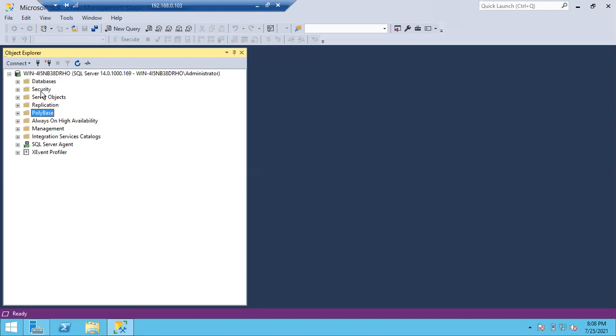By default, they will come. You cannot remove any of these objects; there is no remove or delete option here. Automatically they come along with the instance. Now if you want to write some queries or create something in Management Studio, whatever you want to do, you can do it either by using a GUI option, graphical user interface, or by using a command interface option, a query. Now I want to create one database, guys. Let me create the database using the GUI method.